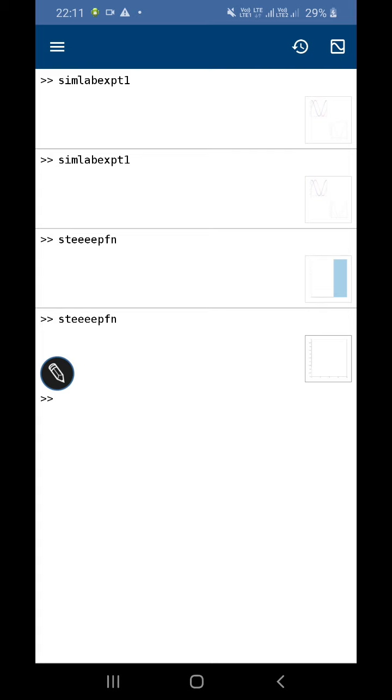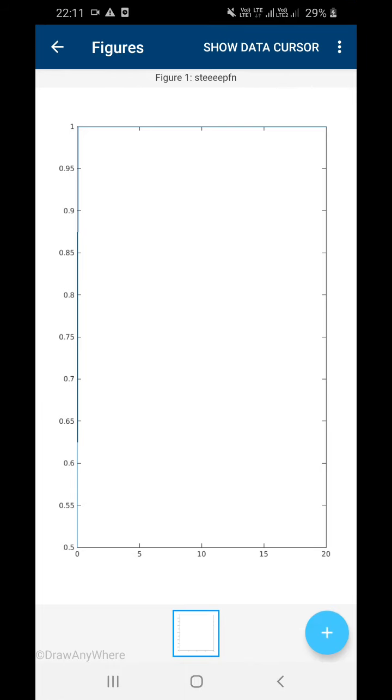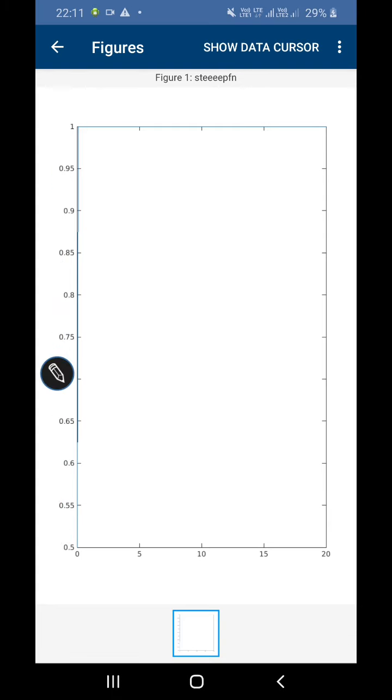So just click on this figure, it has shown me the step function which is starting from 0. You cannot actually see it clearly in this. So it is actually starting like this and going like this. You can see it is making the shape of a step and it starts from 0. Let me edit it.